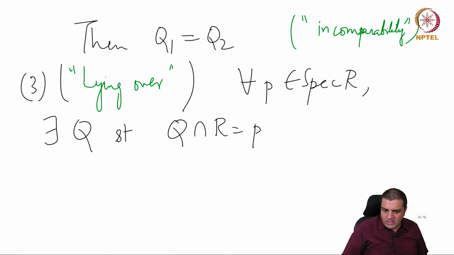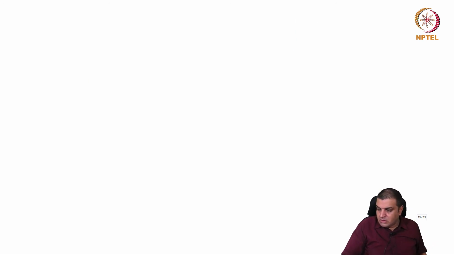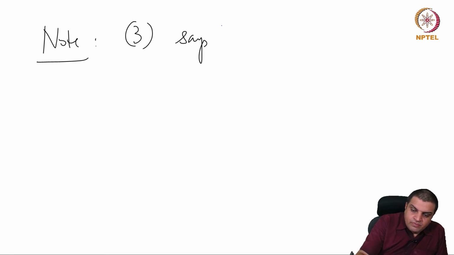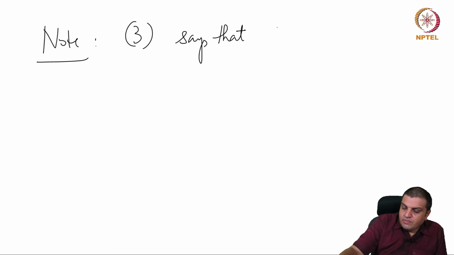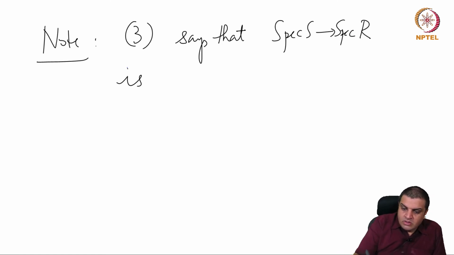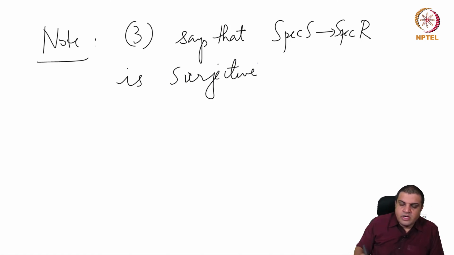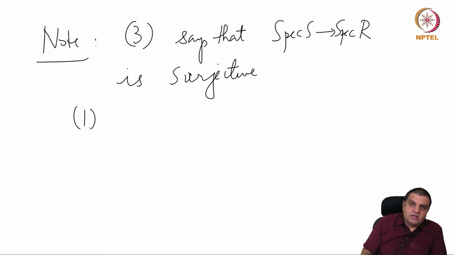So let's just briefly look at this proposition before we prove it. Proof is not very difficult. Just a note. 3 says that the map spec S to spec R is surjective. Okay, so the finite surjective, and 1 says that